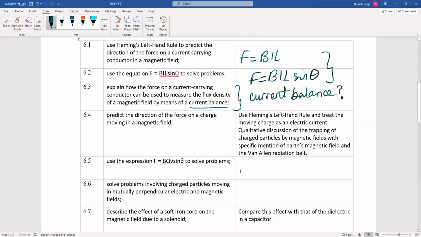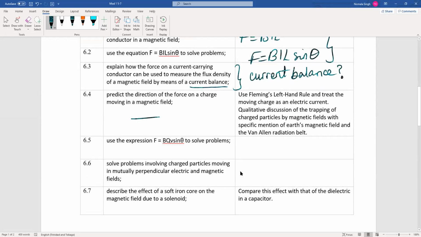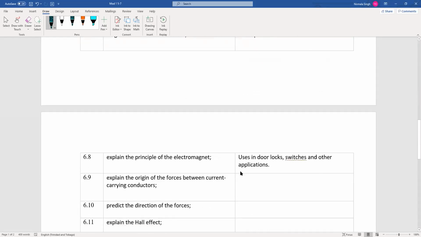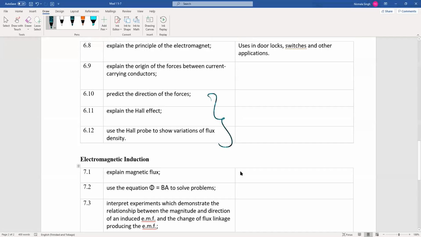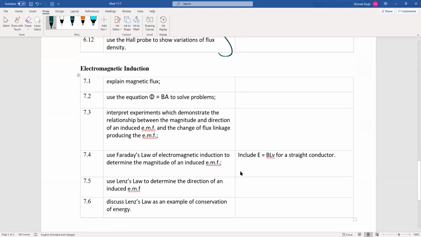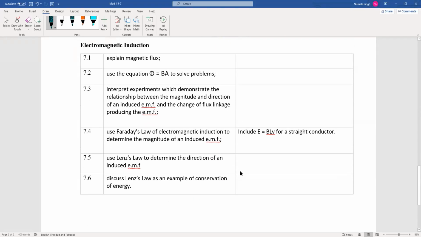Predict the direction of the force on a charge. We're going to use the expression force is equal to BQV, and whatnot. So after there, we're going to go to the Hall effect. Hall effect is a new topic. This works out our next word equation, magnetic induction. All right, and somewhere inside here, we have to also work in